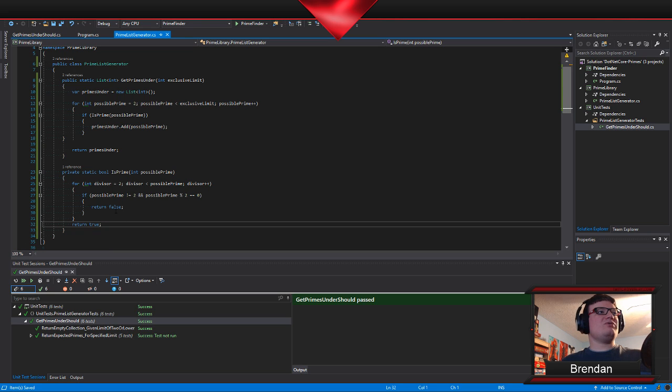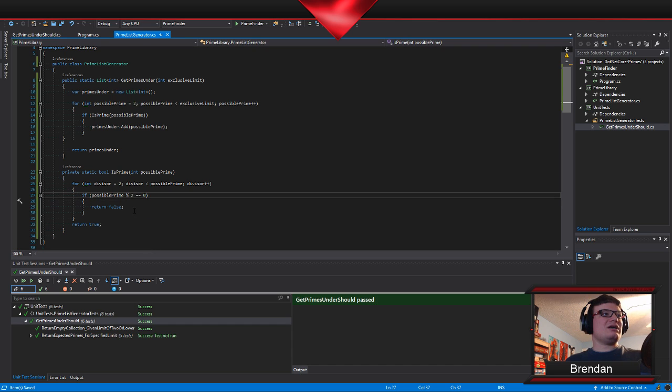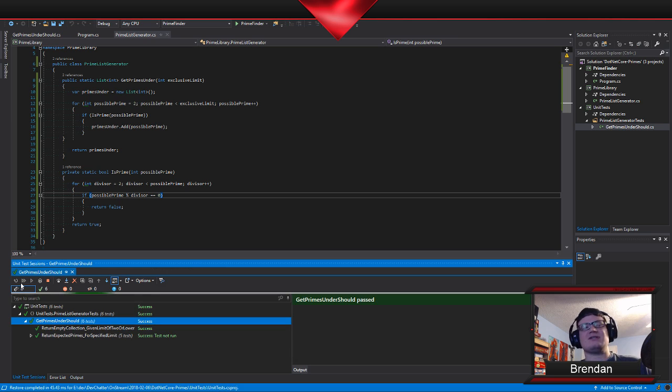Now, the reason we're writing it this way is the only way to really prove that a number is prime is to make sure that you can't find any of the divisors for it, because really the definition of prime is that it doesn't have any other ones. There's nothing really special about primes, except that they don't have extra divisors. That makes them useful for some mathematical stuff, but we're not going to get into that. So we're going to go ahead and put in the divisor here and see if this works. So hopefully I didn't break anything, cross your fingers.